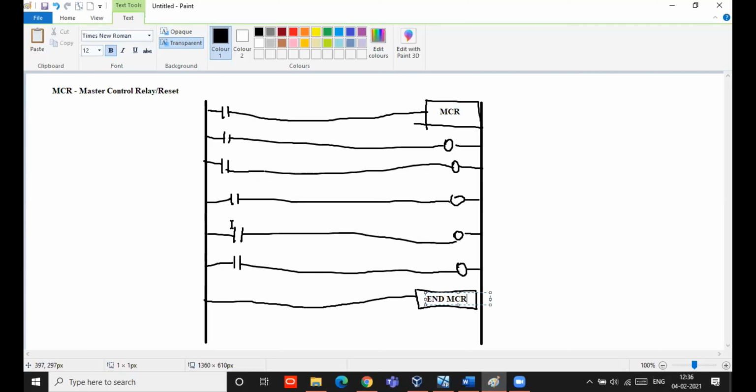If main power supply is off, everything will be off, right? So the same function is done by this MCR also.